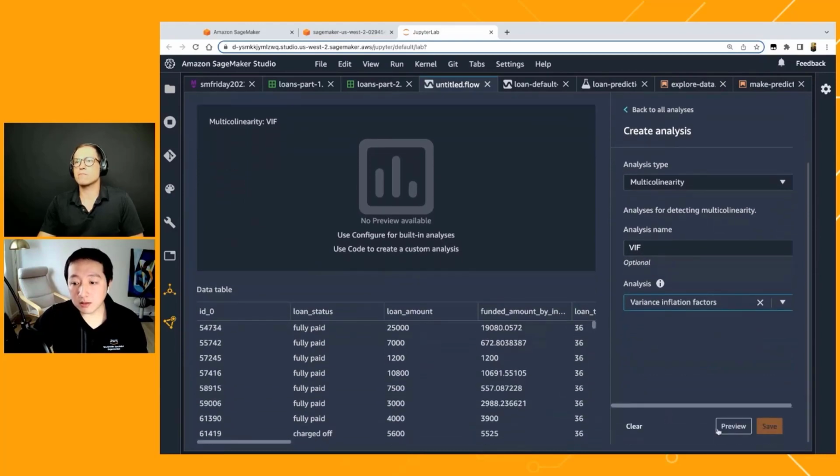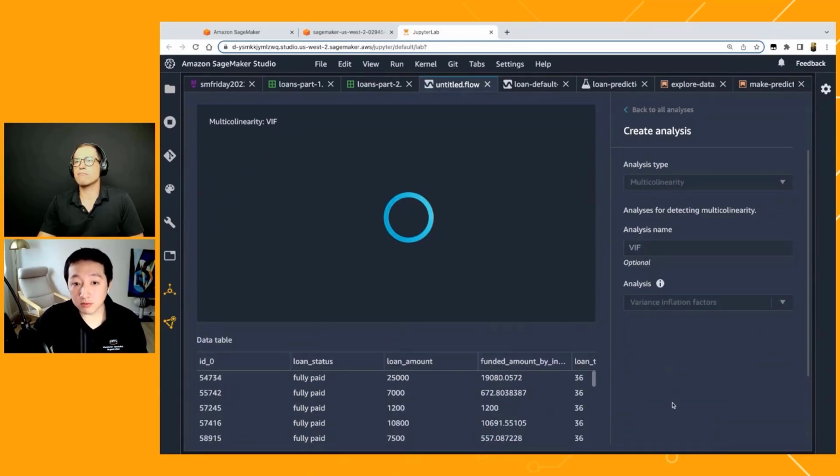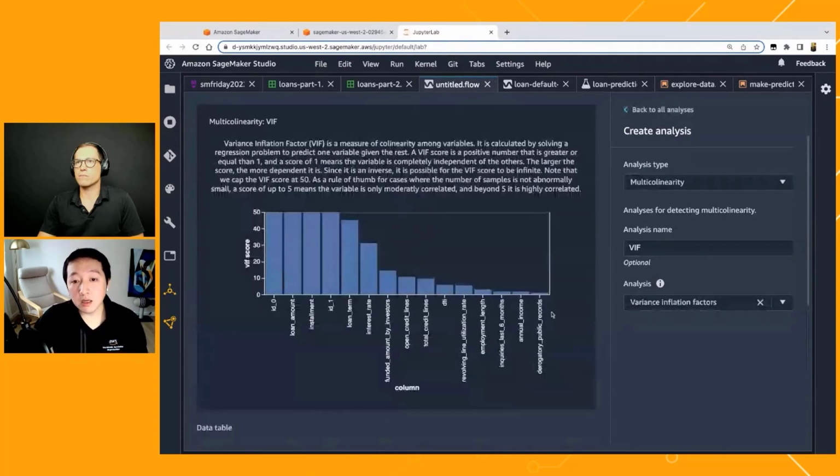And multicollinearity is something that Data Wrangler also supports. It really gives you a quick view of what kind of information is coming into the data sets, and if there are any correlations or even redundancies. And we can really quickly see this. For example, in this data set, the variance inflation factor, which is typically used to calculate the amount of information coming from each feature, how they are correlated with each other, and also if there's any redundancy in the features.